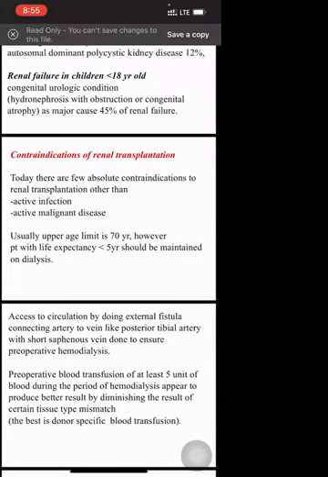Contraindications for renal transplantation. Those recipients are contraindicated